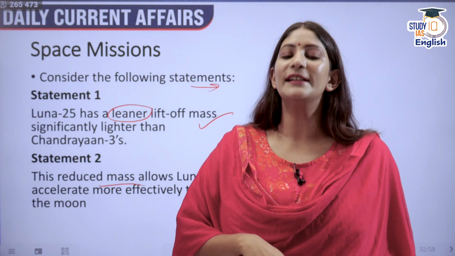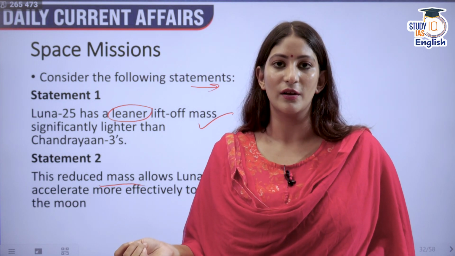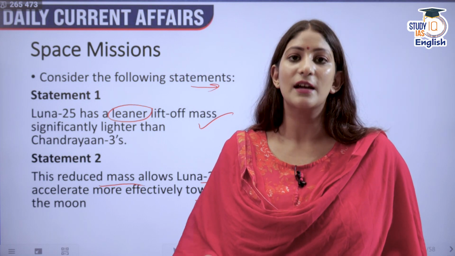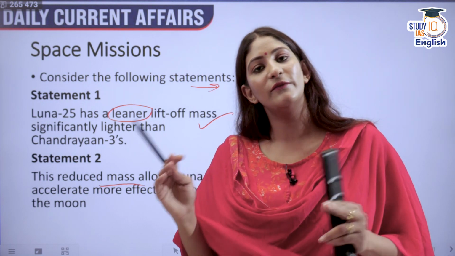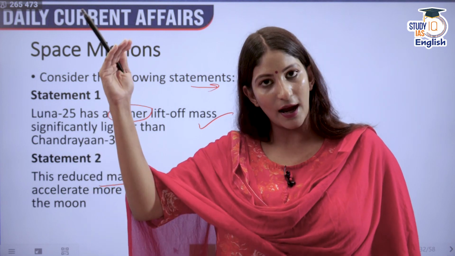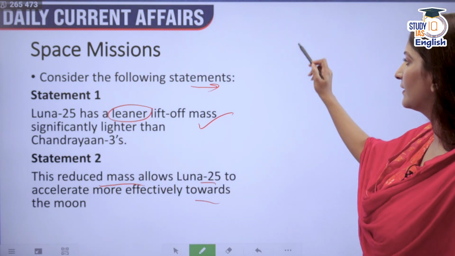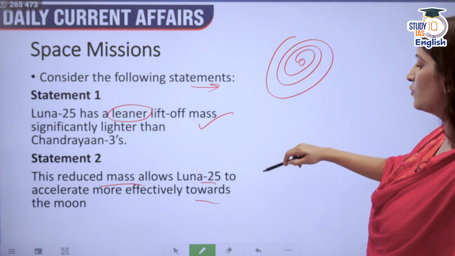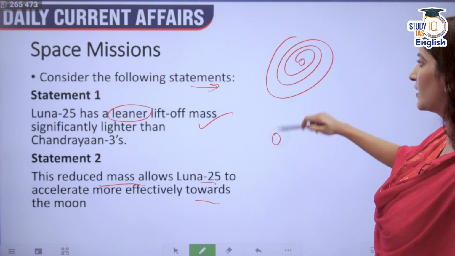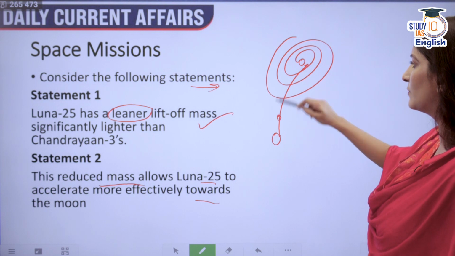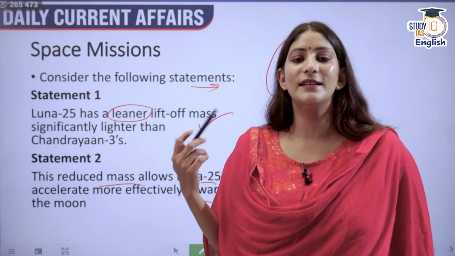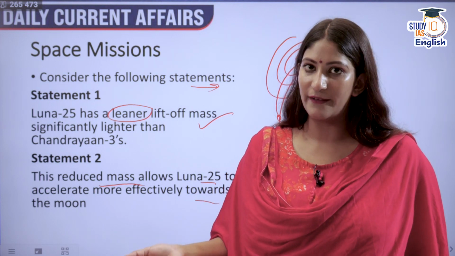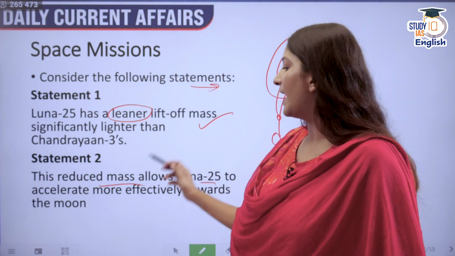We are not making a direct travel from the Earth to the moon. We have raised our orbit more than 4 times when it comes to the Earth, and then we are descending to the moon. Again, we are going like this, and this is the moon. We are not going like this. It is not like Chandrayaan will go directly from the Earth to the moon like this. It's not like that. This is what has made the difference between Luna 25 and the Chandrayaan 3's lander, and